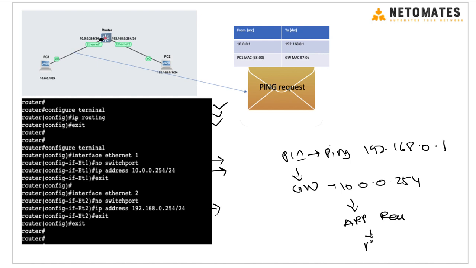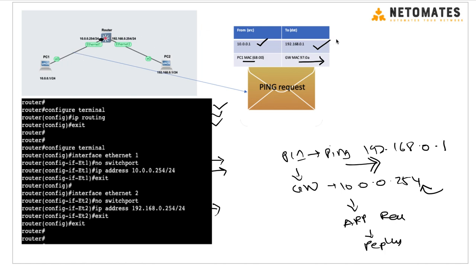So once it receives the reply, it will know the MAC address of this IP. Then it will create a ping request packet. Basically, that's what we ask the system to send. So the source address will be 10.0.0.1 because PC1 is sending this, and the destination is 192.168.0.1 because this is where we wanted to send the packet. The source MAC address will be PC1's MAC because this packet is leaving from PC1, and the destination is the gateway MAC address, because when we put the gateway MAC address in this field, the packet will go to the